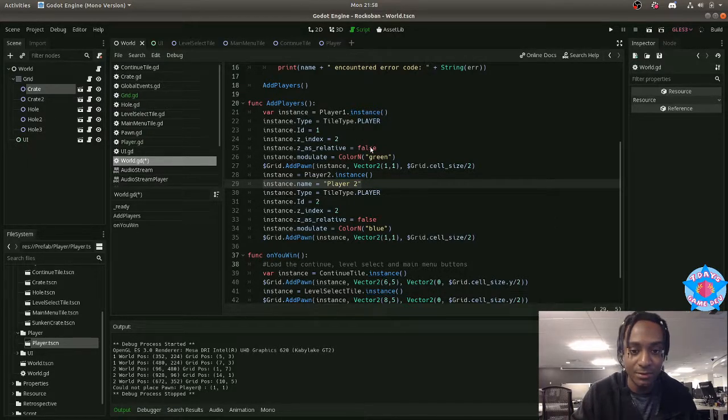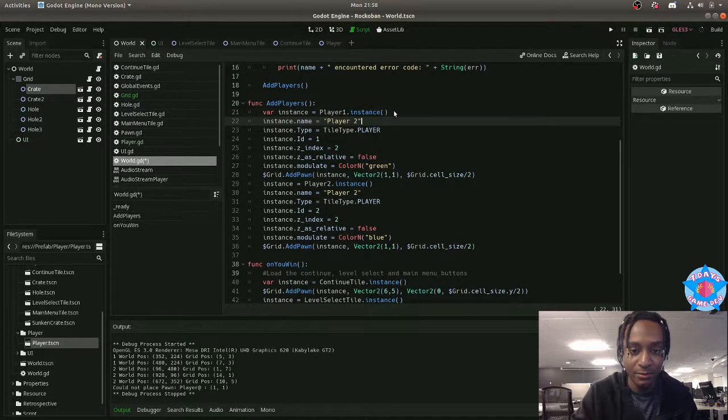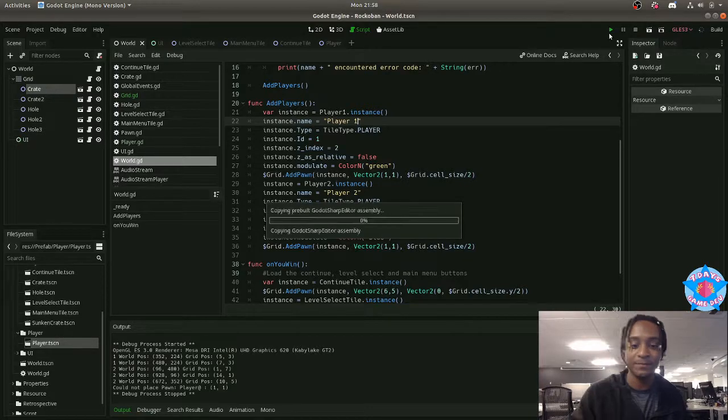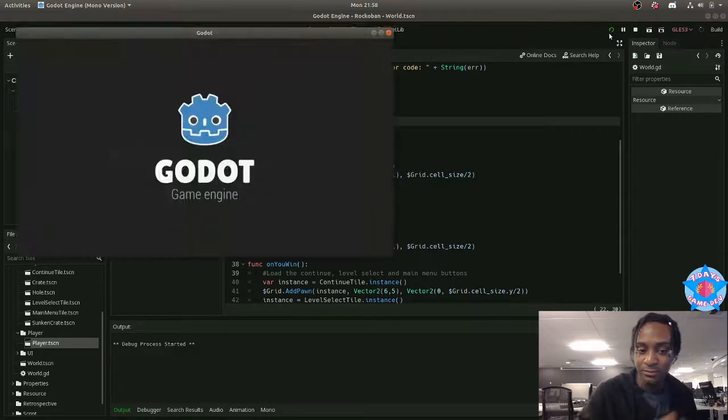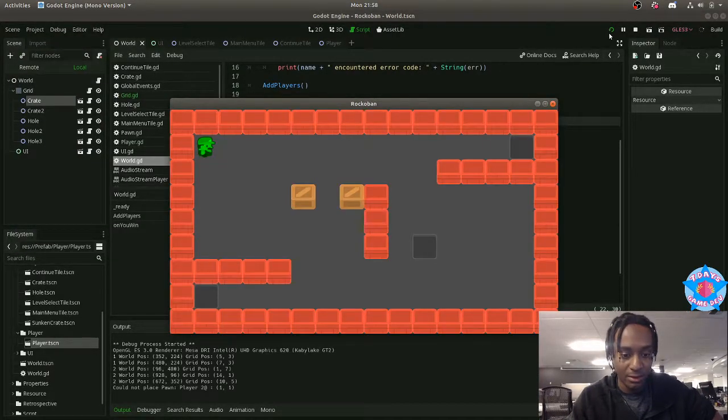Control C. Be player 1. I may not do it for the rest of the stuff, but player 1 and player 2 are pretty significant. Can you render like a triangle, like just a triangle? There. Cannot place pawn player 2